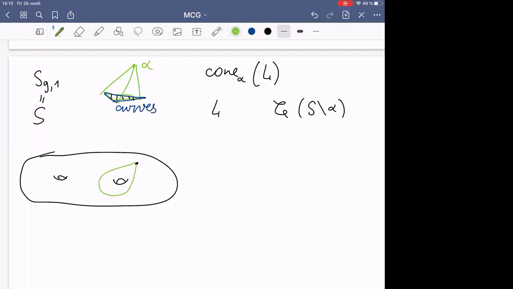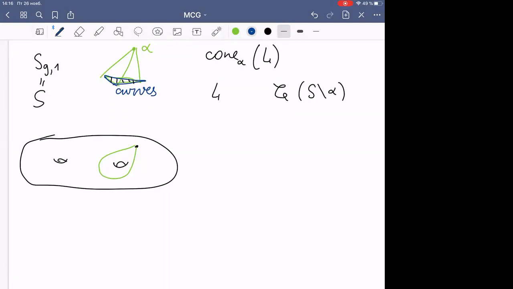When we delete alpha, we may get a closed surface or not closed surface, connected or not connected. If non-connected, then we just take the join of the corresponding curve complexes. But in any situation,